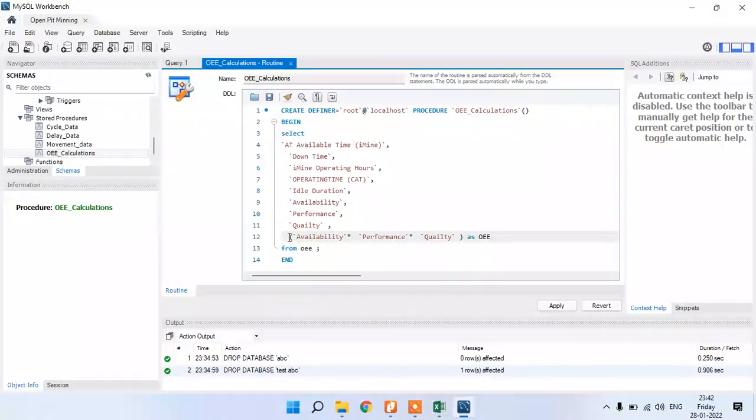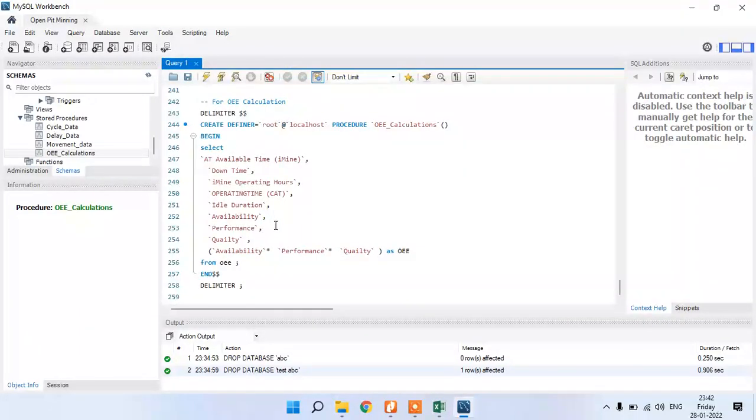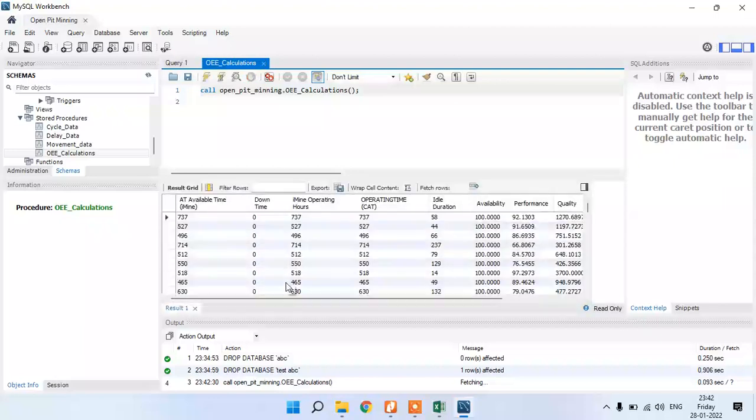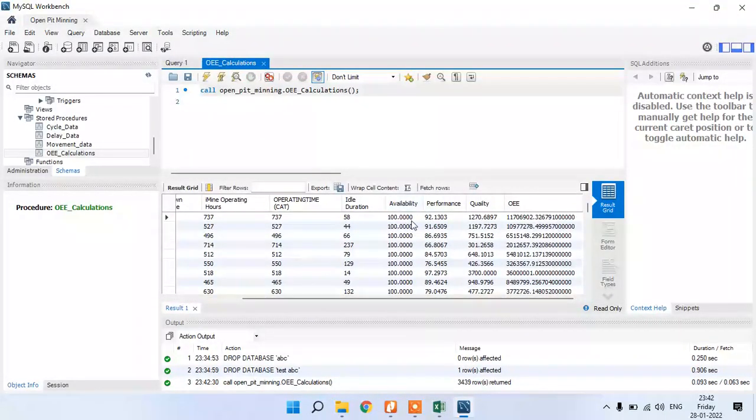Then I multiplied this one as OEE from OEE. So in this way, I have got this table. I will show you by running this one. See here, what are there? Availability, performance, quality, and OEE. These three extra columns I have created, right?